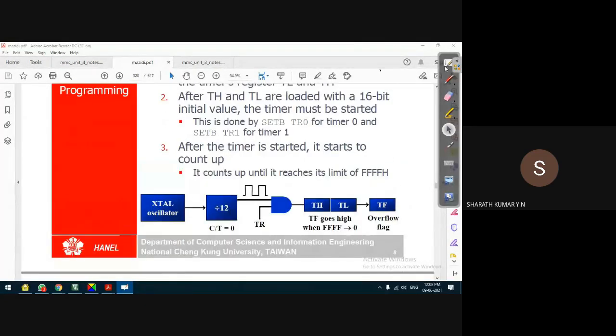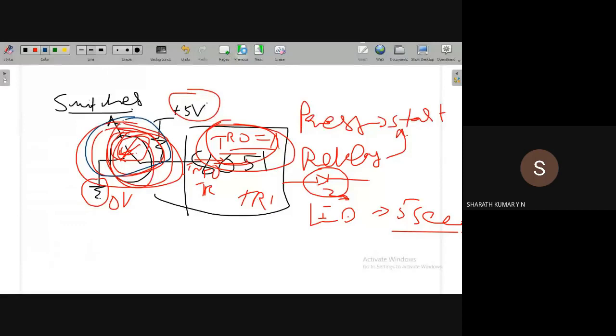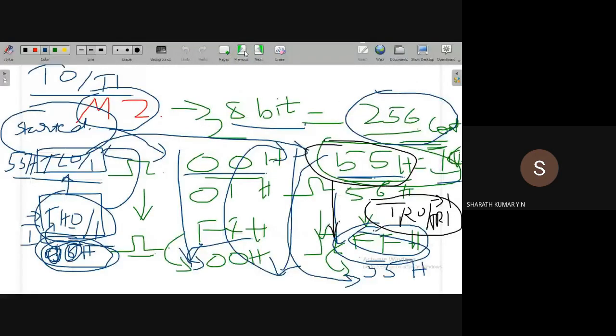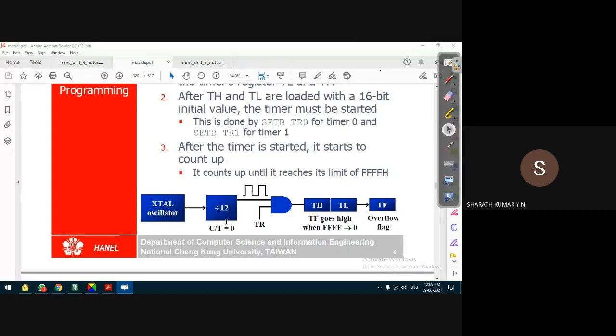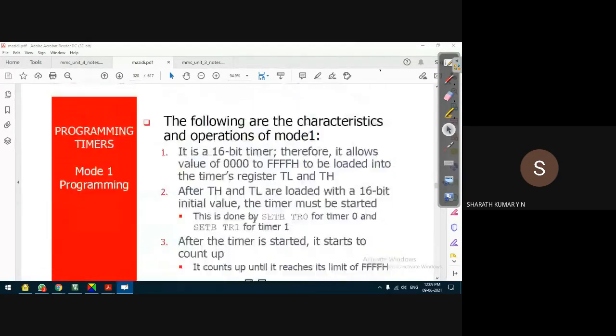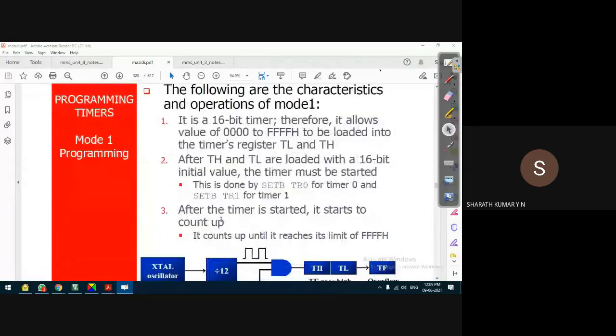Of course, we had a rough discussion, and things may be clear, but that was just operation-wise: how the timer works count-wise, value-wise. Hardware-wise, how the timer circuit works internally is something we'll discuss now.